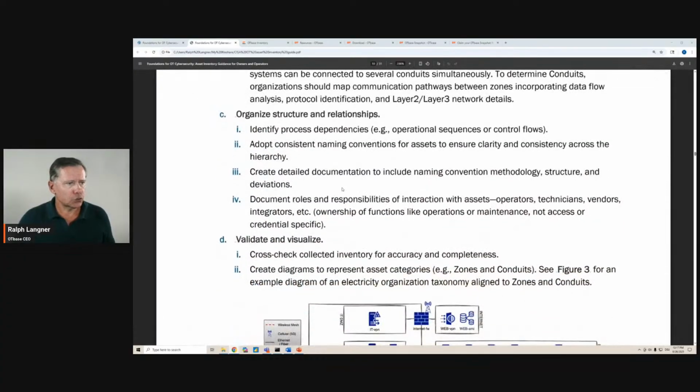Then, structure and relationships, identify process dependencies. Oh, now it's getting better and better, because, and this basically ties back to the criticality. In OT, a device, an asset, doesn't act in isolation like an atom. Okay, it always acts as part of a system. And if you're unable to understand that system relationship and also how different systems interact, so let's just say in